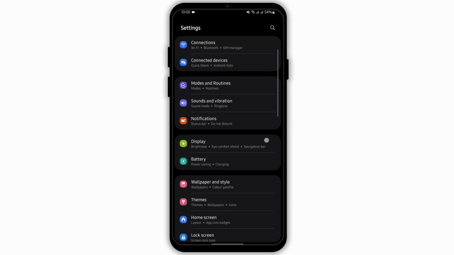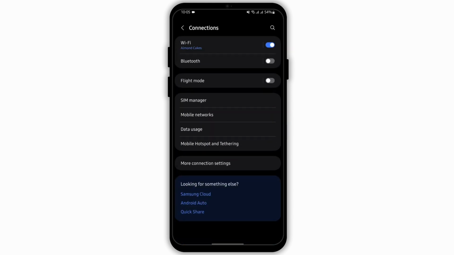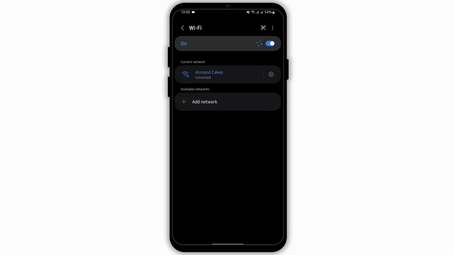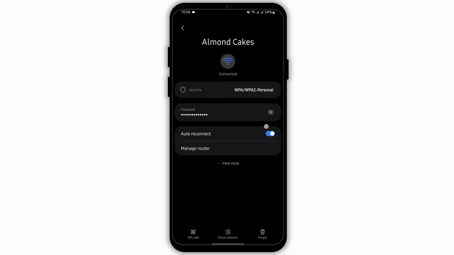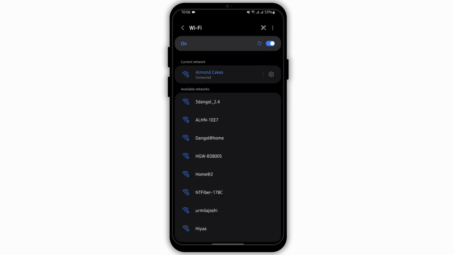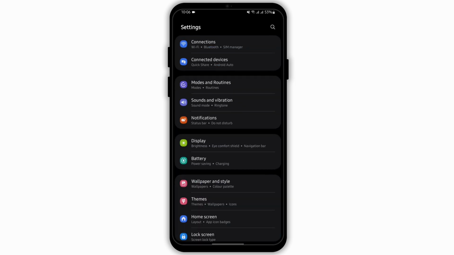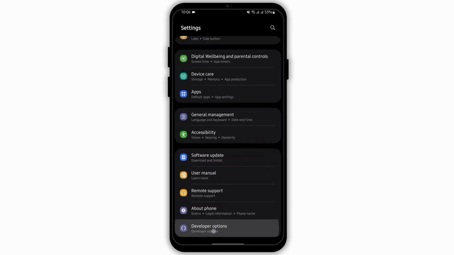First of all, open up your settings application and from here tap onto connections. Now here tap onto Wi-Fi, then tap onto settings and make sure you toggle on auto reconnect. Once you do so, go back to your settings page, scroll at the bottom of the page and tap on